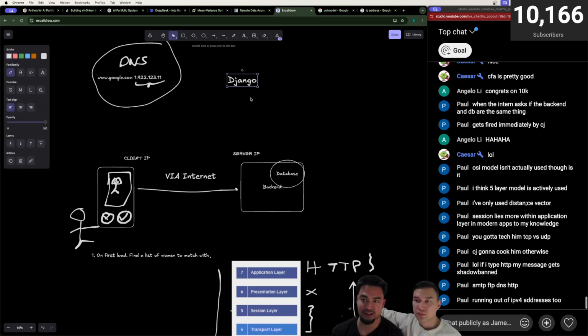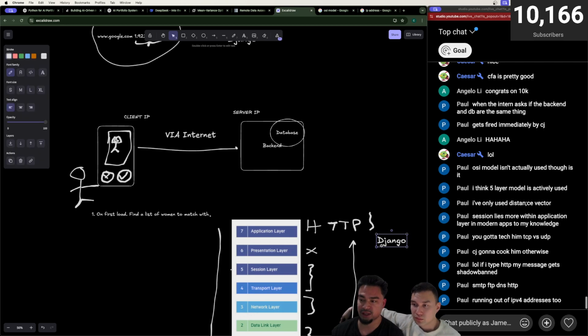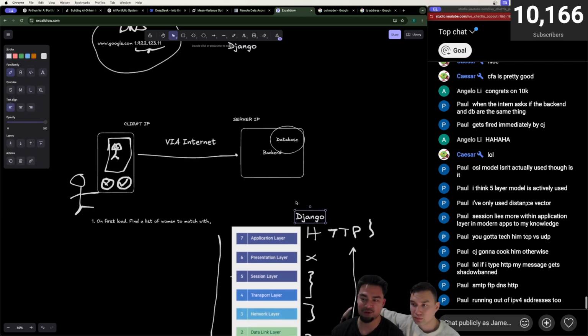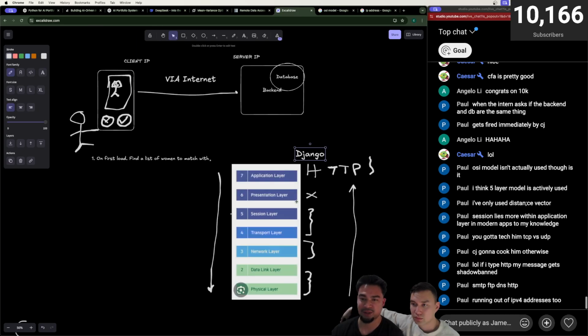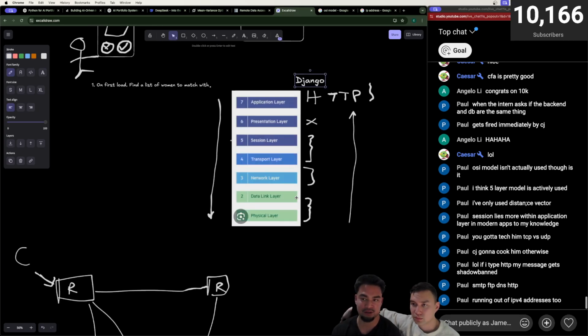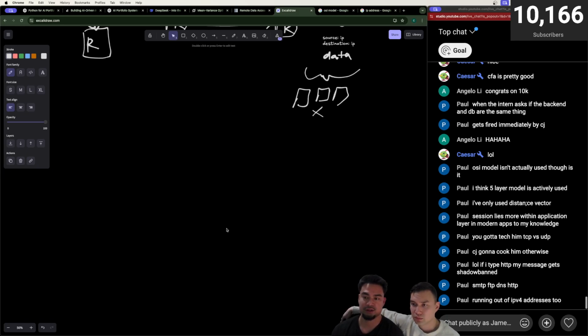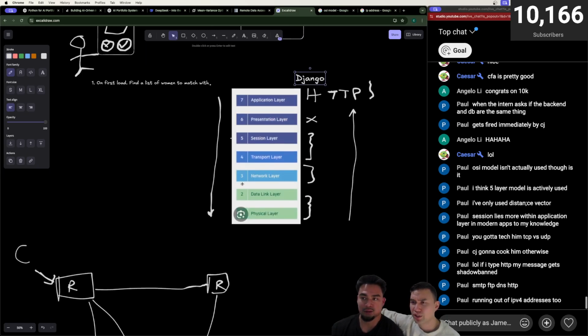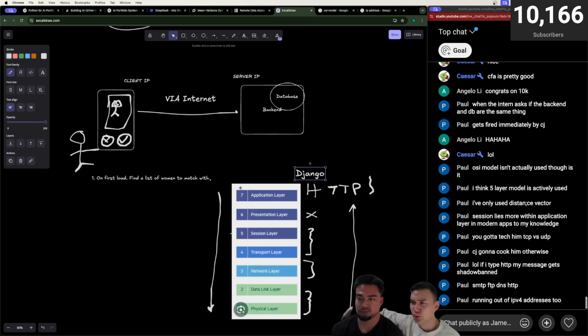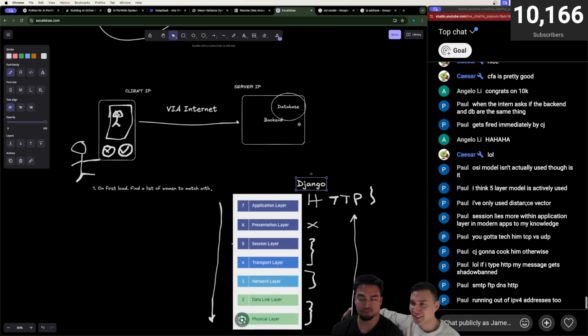Okay, what's Django? Django helps you build HTTP servers. It essentially runs in the application layer. HTTP is a whole thing that we can get deep into, but it's essentially the protocol that you use in order to talk to other servers. Yeah, I saw Django. You could even set up users and login. It's pretty deep.